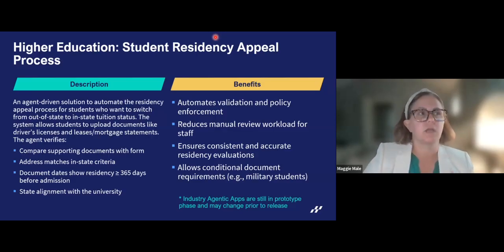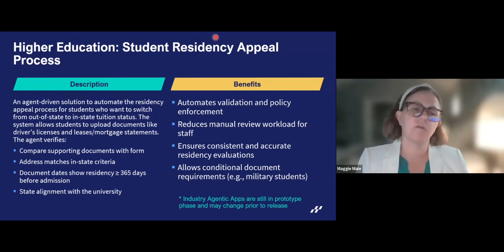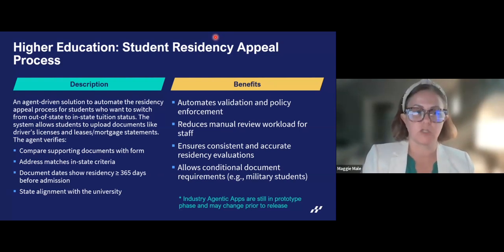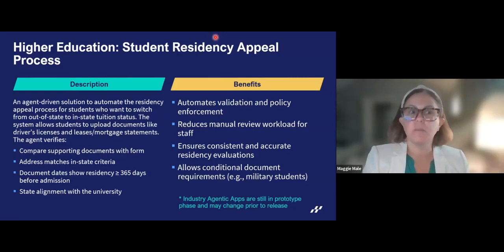process, allowing you to look for certain criteria on those forms, such as a state, such as the date that would show when this document is supporting, and then compare that against some of the student information in the solution. So it can be tailored to align with what that particular university needs. But that's just the general idea for this right now.